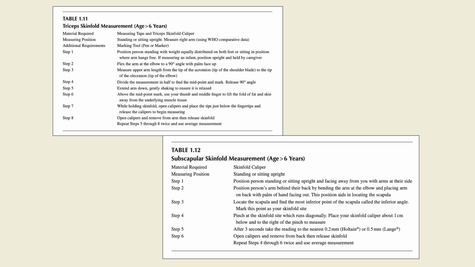Tables 1.11 and 1.12. Skin fold thickness varies based on age and gender with assessment of measurement based on median and standard deviations of the population. TSFT measurement is the most common and correlates with estimates of total body fat in women and children, whereas SSFT is shown to be the best predictor of total body fat in men. TSFT and SSFT are not indicated as short-term measurements of fat stores. Skin fold thickness may not reflect total body fat stores and may not correlate with visceral fat deposits surrounding internal organs. Measurement of MUAC and skin fold thickness is